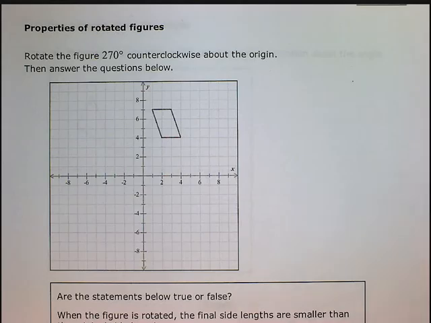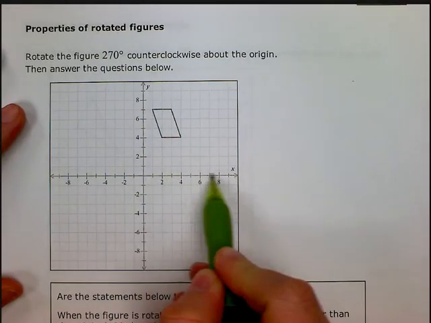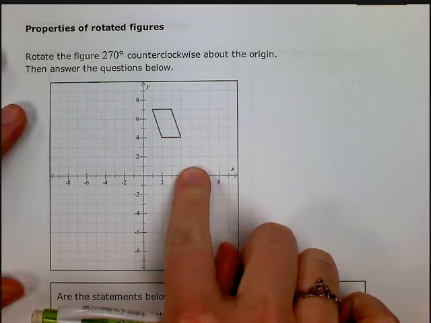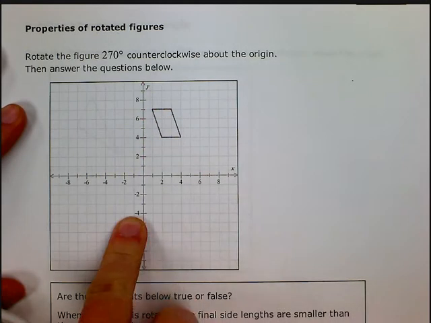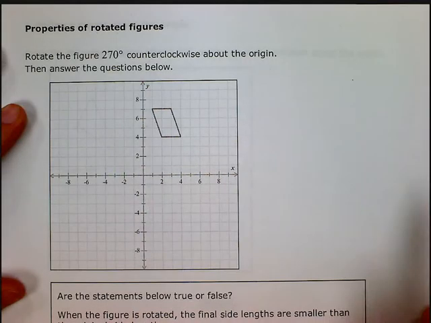Properties of rotated figures. Rotate the figure 270 degrees counterclockwise about the origin. Then answer the questions below. Now on Alex, there's a blue line right here that lets you click and drag this image and rotate it around here. Okay, but I don't have that option on paper, so I'm going to be using my tracing paper